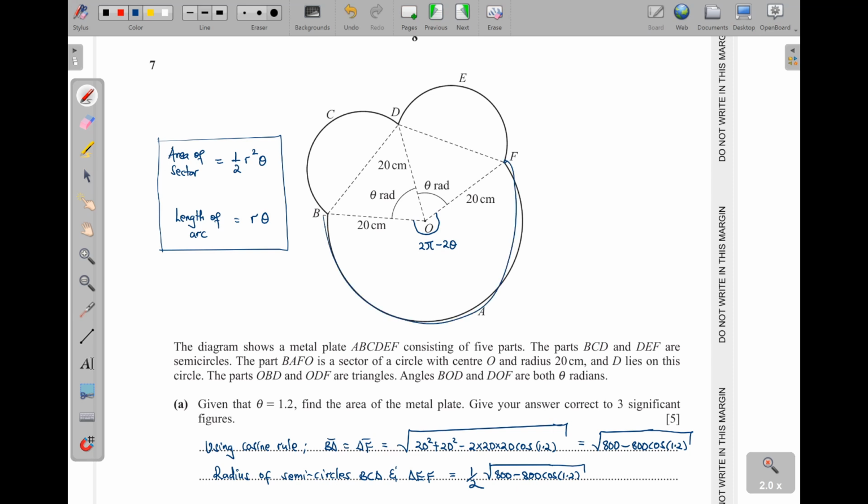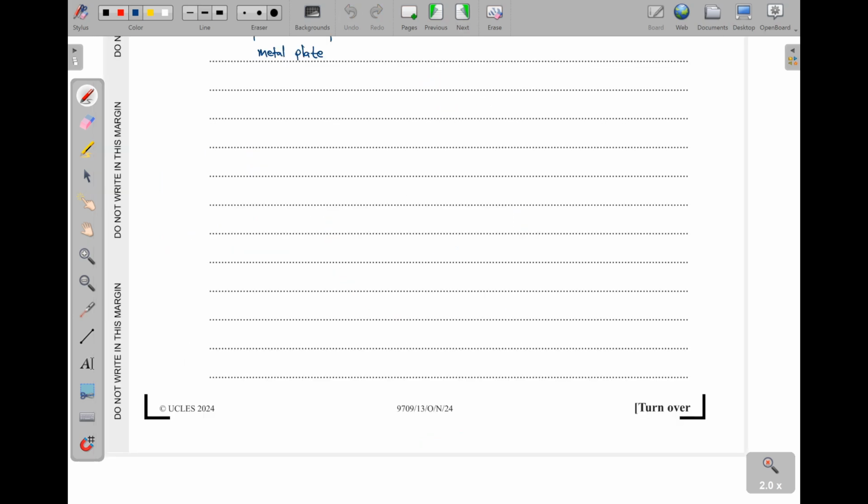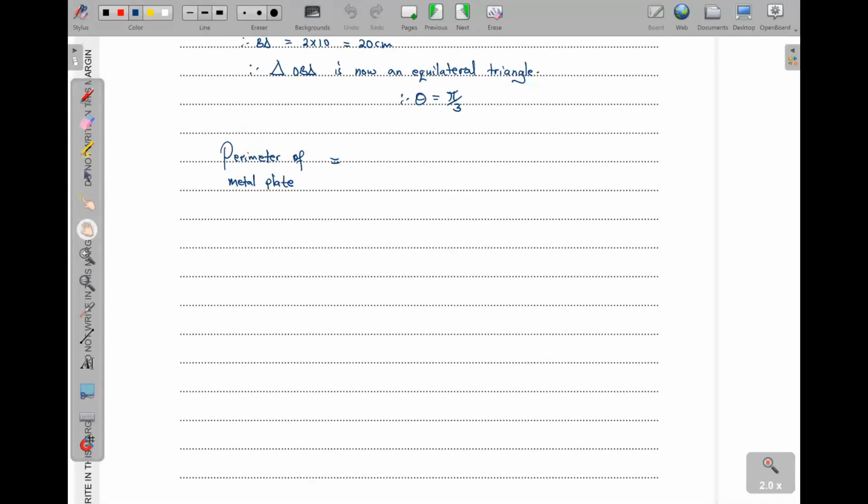Then we have this circumference, half of the circumference of this, the semicircular arc, and also this one here. Okay, so we can go back and now we write that the perimeter of the plate is going to be equal to length of major arc